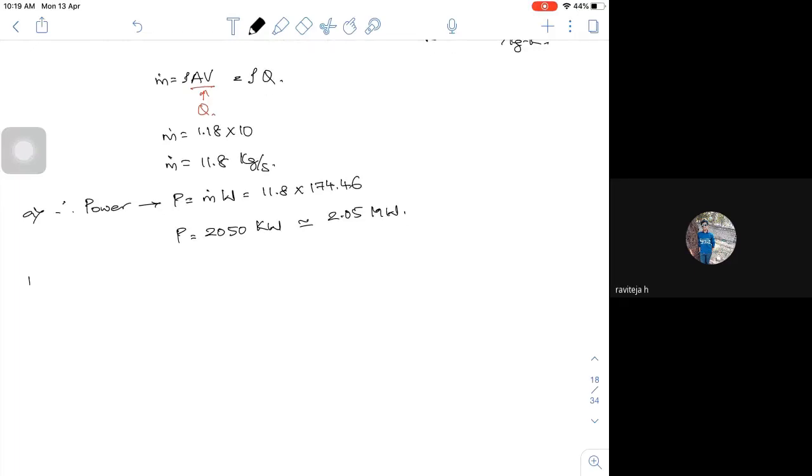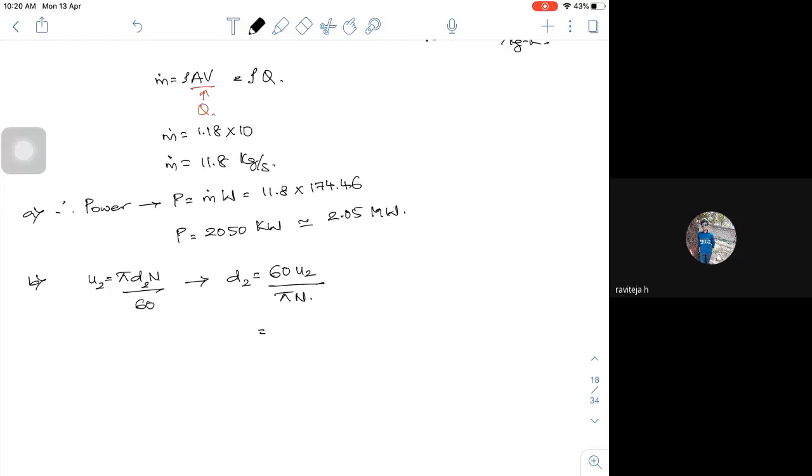The second one which you are supposed to calculate is the diameters. Now, what is my formula to calculate the peripheral velocity? u is equal to pi dn by 60. So for u2, it is pi d2 n by 60. From this, I can find d2 is equal to 60 into u2 divided by pi into n. Just now we have found u2 to be 417.7. This is for the radial exit condition, and n is around 12,000 rpm. Let's substitute for u2 over here.